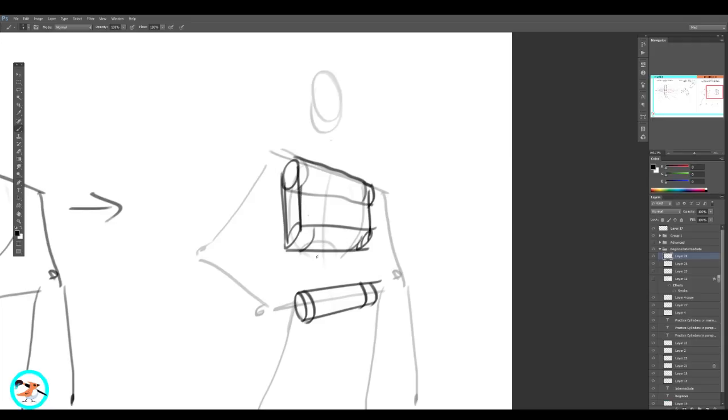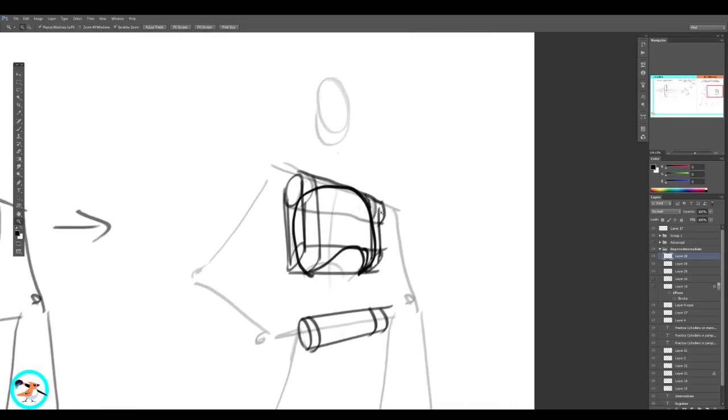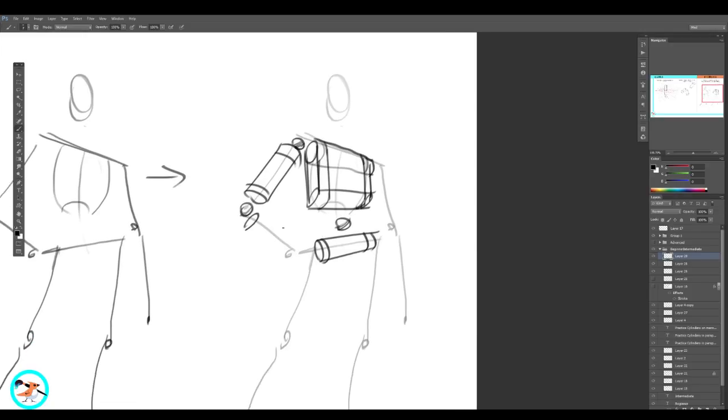Now this represents the top part of the rib cage, or just the whole rib cage in general, because the rib cage actually fits in there like this. But I simplified it down to those cylinder things for the sake of simplicity. It's like making a toy. And then for the arm, of course, obviously there's a cylinder here, and I'll put a little floating sphere there at each joint. I'll put one here as well. Cylinder here